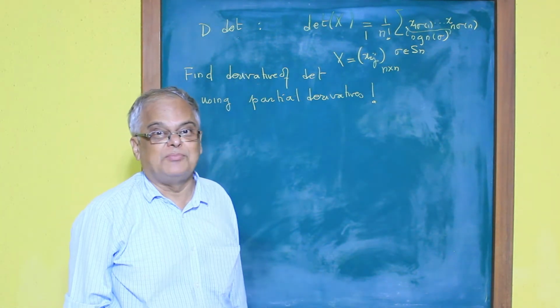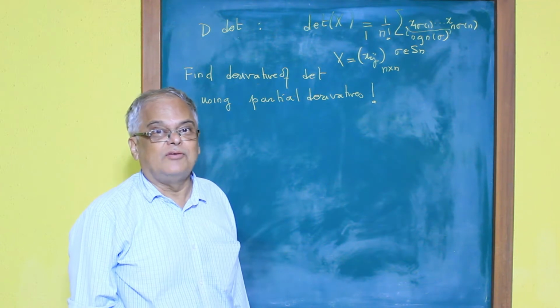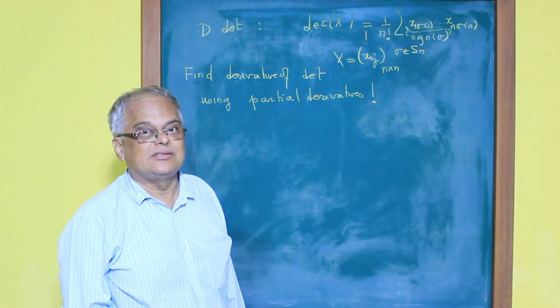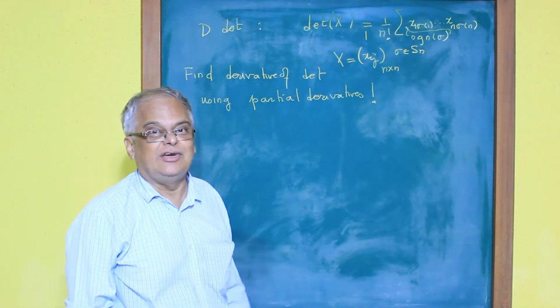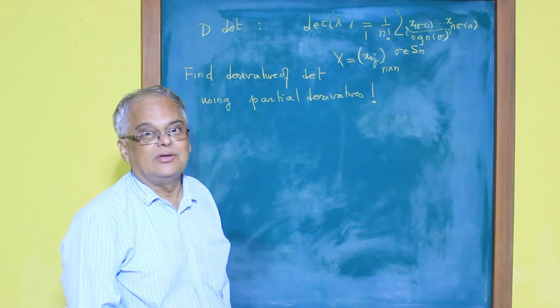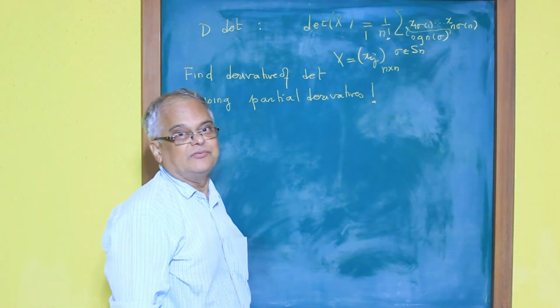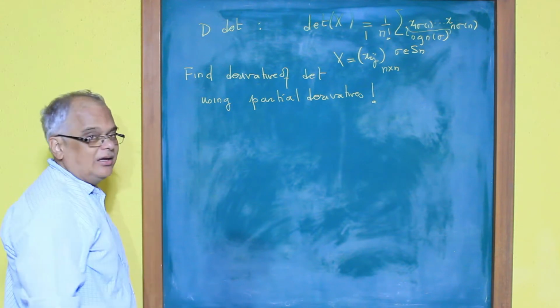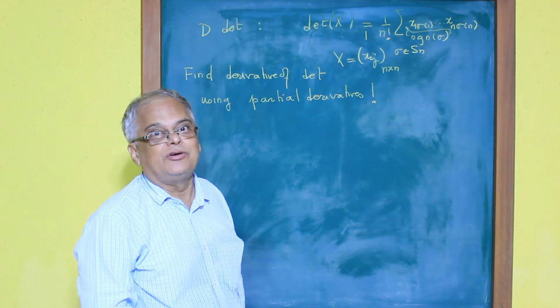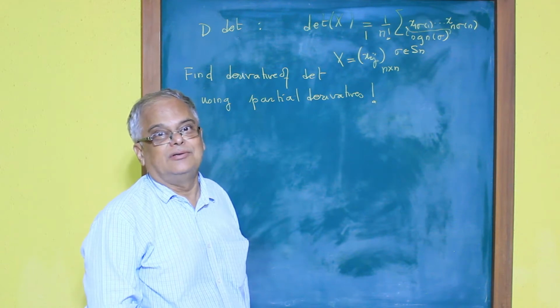So this is the first example where you will see that thinking of derivatives in terms of linear maps generates much more conceptual clarity than thinking of it only in terms of partial derivatives. Okay, and by the way, finding the derivative of a determinant actually is an important thing to